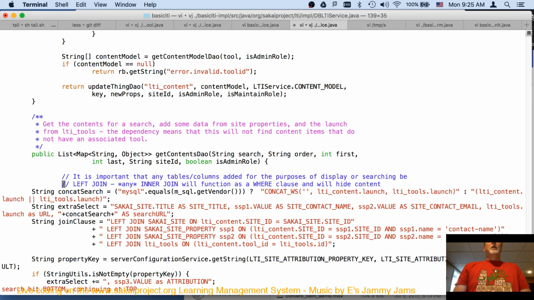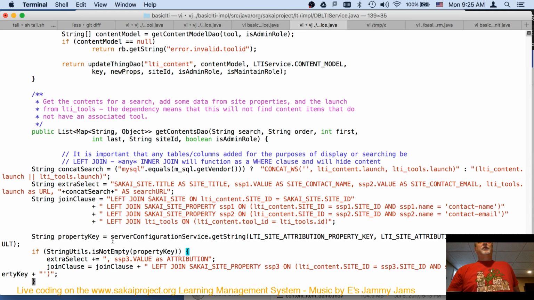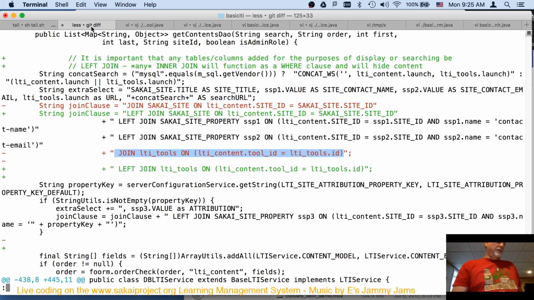Yeah, I was looking at the diff. So this code here is now a join, a left join, and that is now a left join. So this code right here,